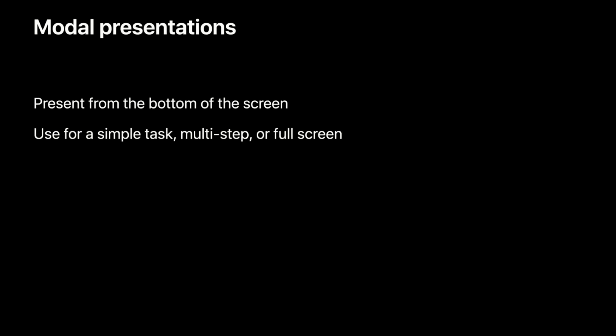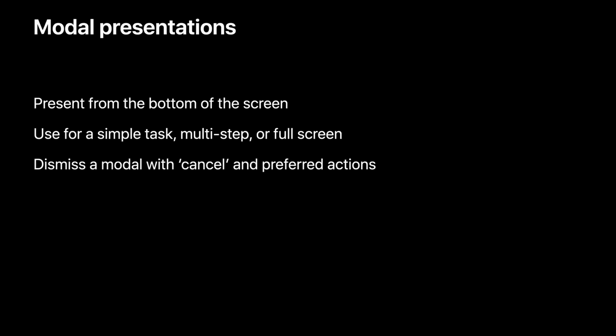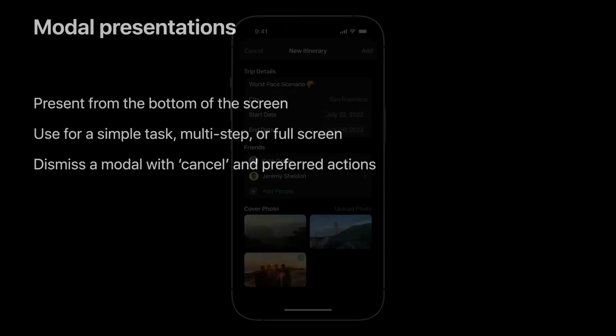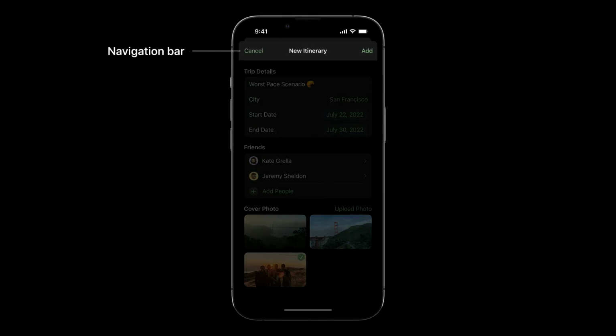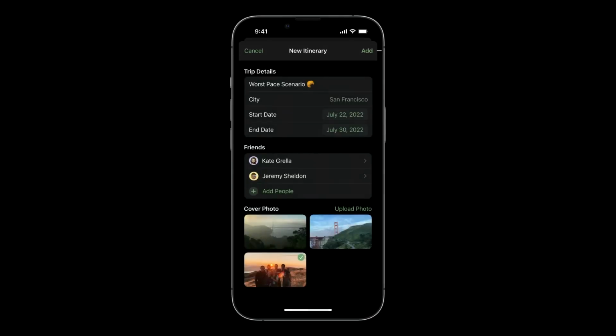In the hierarchical section, we talked about the importance of the navigation bar to orient people. It's equally important with modal presentations. When looking at the anatomy of a modal, think about the navigation bar as a guide for wayfinding. The use of labels and actions can make people feel confident about where they are and what actions they can take to go other places.